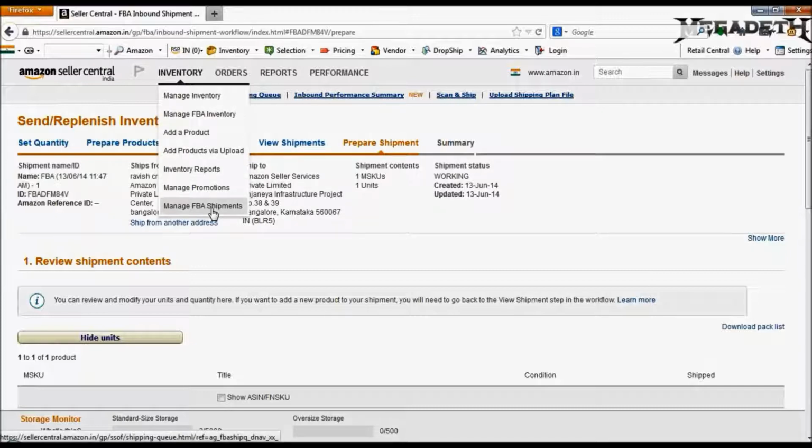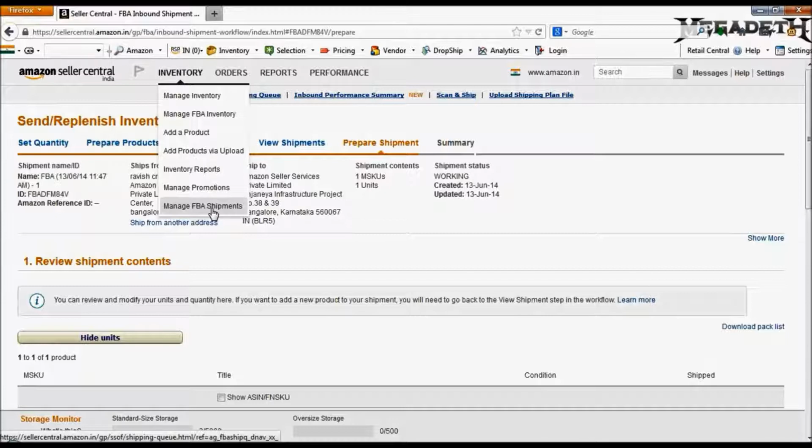So under Manage FBA Shipments, if I have to just recap the entire process, there are 3 things that you will have to do. One is sticker each of your products, select the kind of delivery method you're going to deliver the products under, and finally sticker the boxes, the individual boxes with unique stickering that is available here.